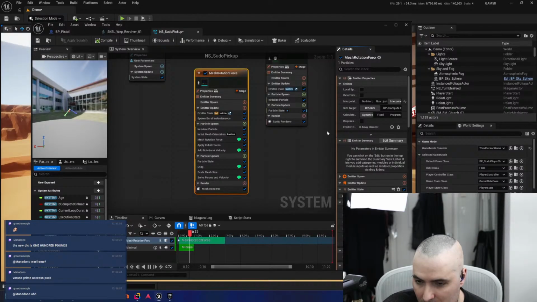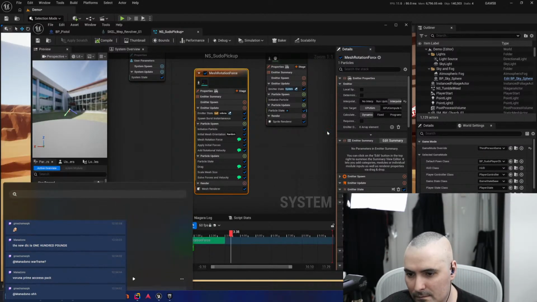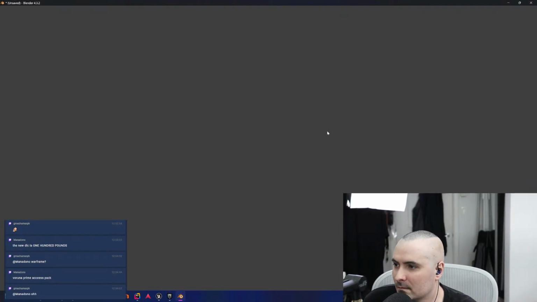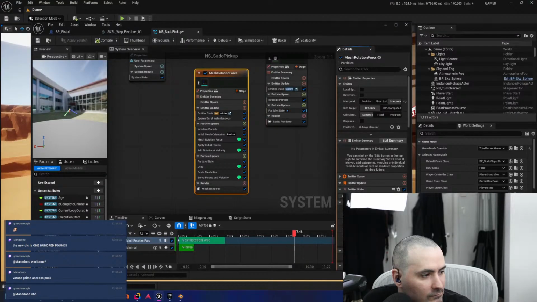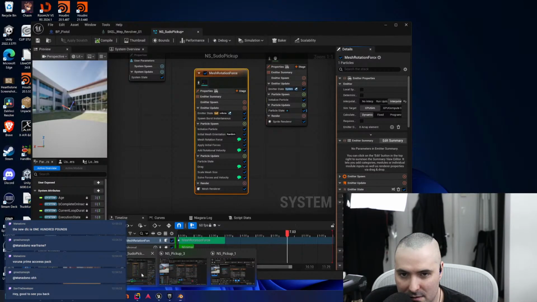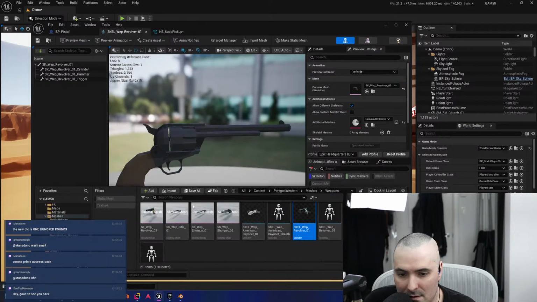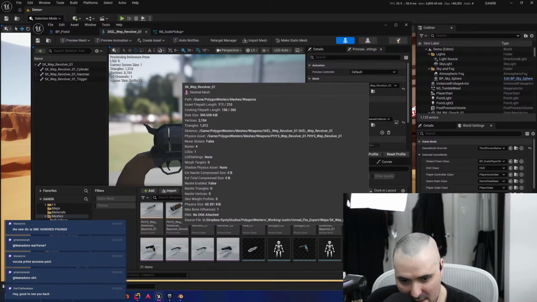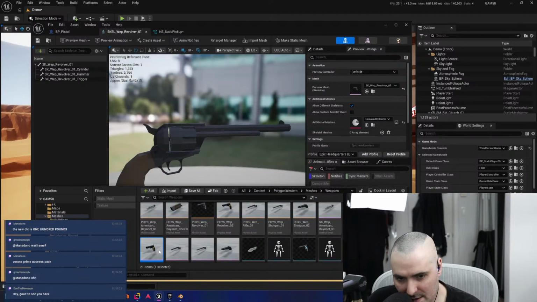You know what I might also do? Because I do want this not to be a skeletal mesh. So if we take this, and we take the revolver that we want, let's say this one.